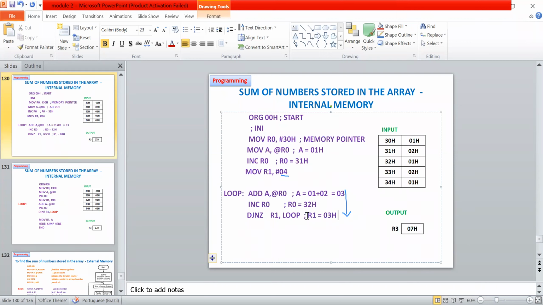So once again, the loop is the same instruction which is going to execute again 3 times, so that the resultant of this, which is stored in the accumulator, is going to add with this, right? So during this process, my counter is 3. Then I add this with this result. Finally, it will be stored in the accumulator. During this time, the counter will be 2.